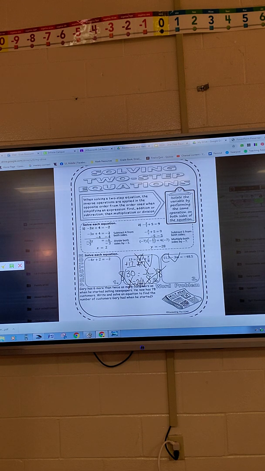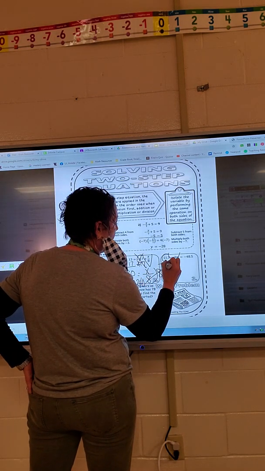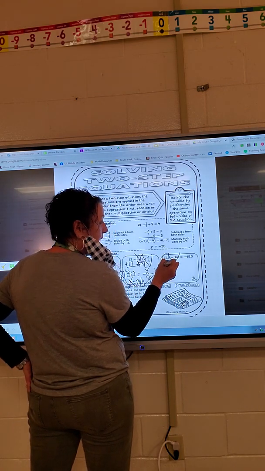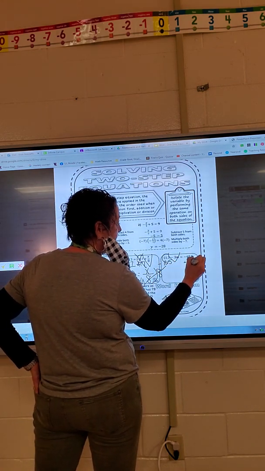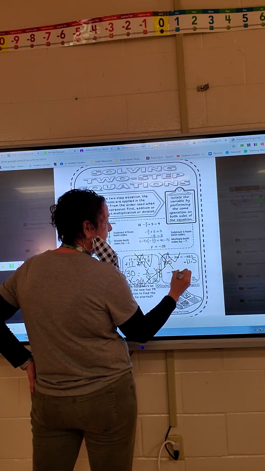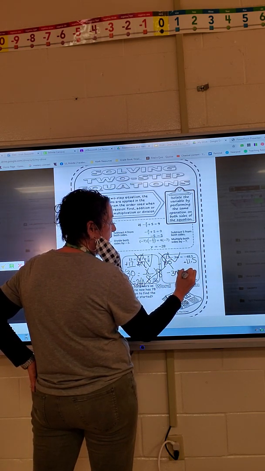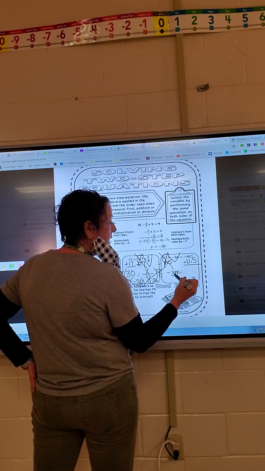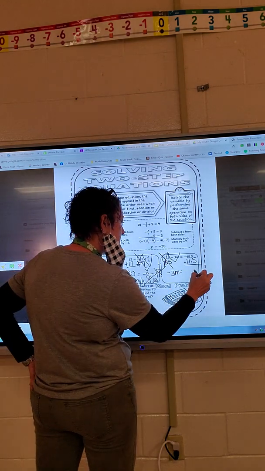How do I zero out and get that constant term? What is the inverse of a positive 11.5? Negative 11.5. I've got to do it over here too. This zeroes out, leaving me negative 3m equals,